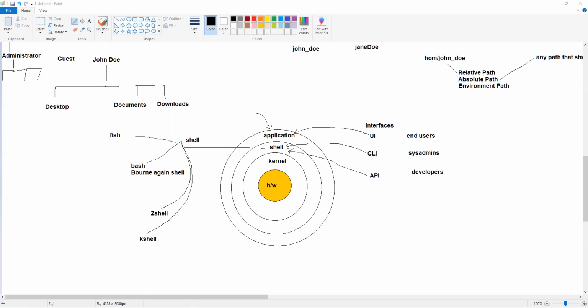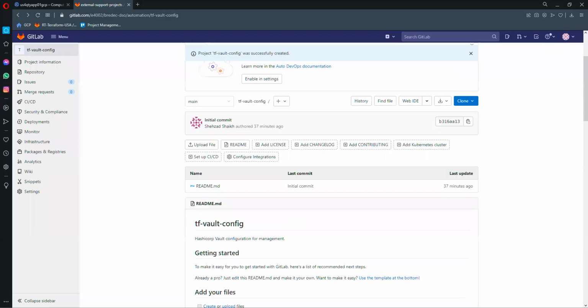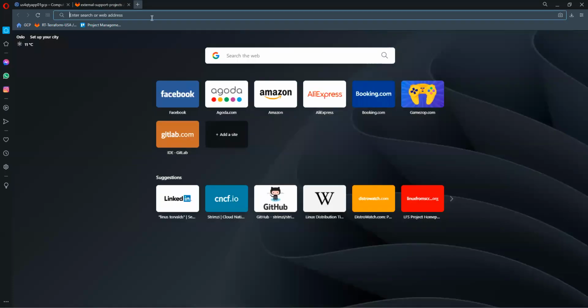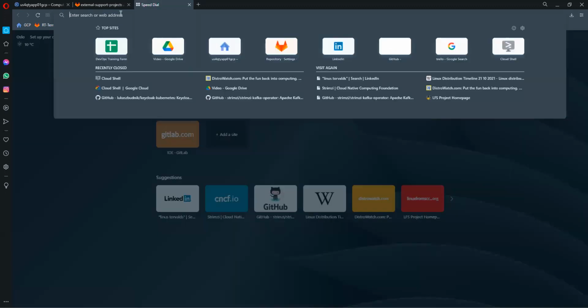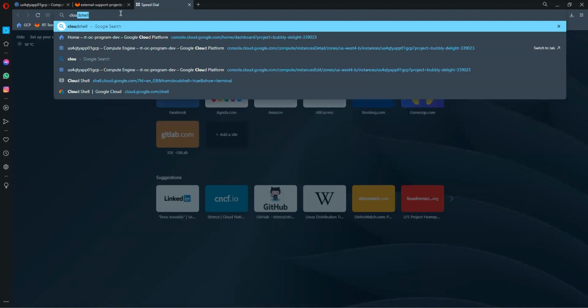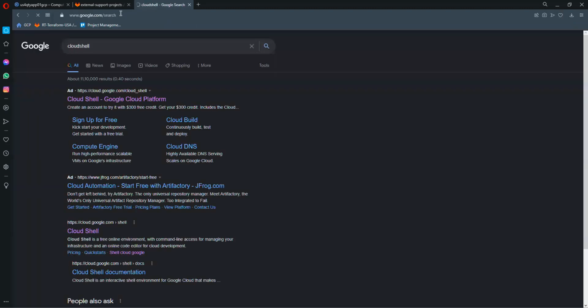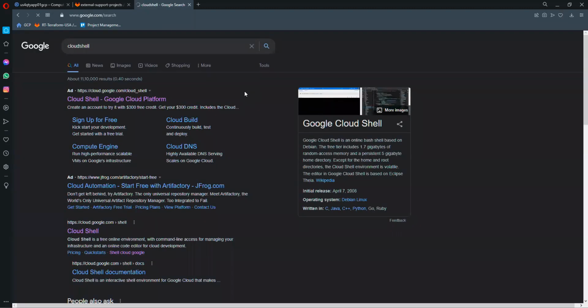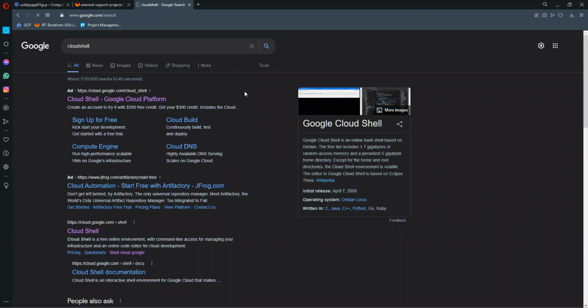Okay, let's take the browser. Okay. So here I'm on the browser. I use the Opera browser. So all you have to do is just search for Cloud Shell. This is just to get started with. If you are on a Mac, you don't need this. You can pretty much do the labs on the Mac as well. But for some reason, if you just want to follow me and do this,